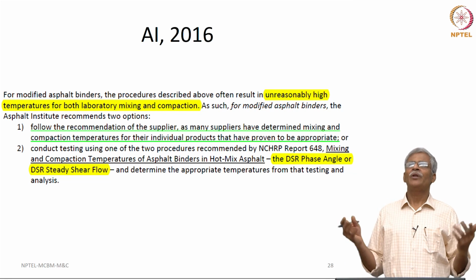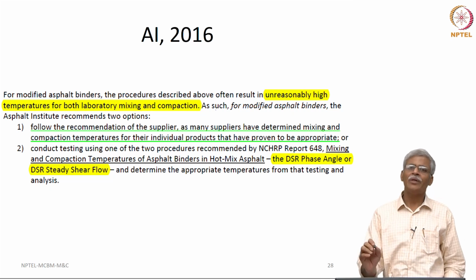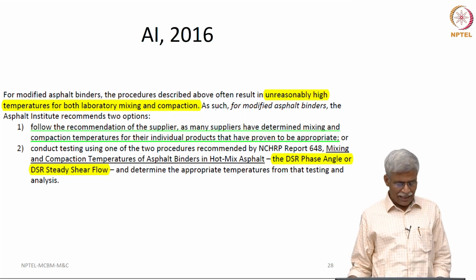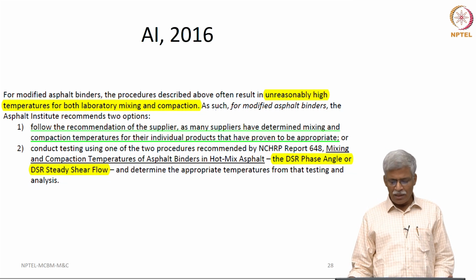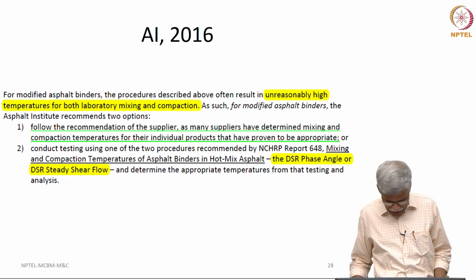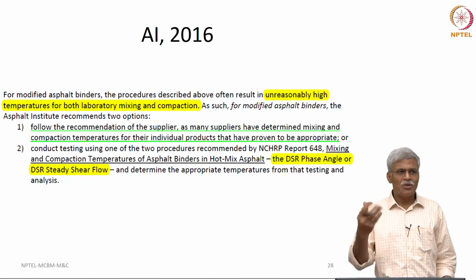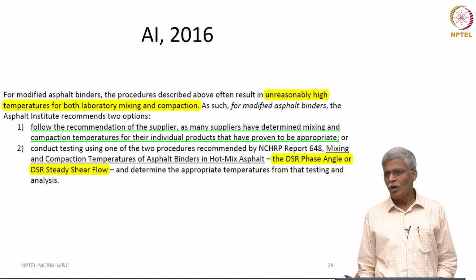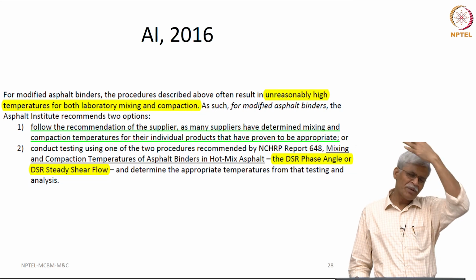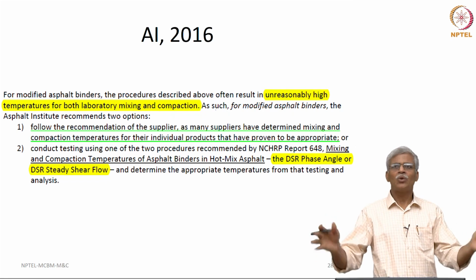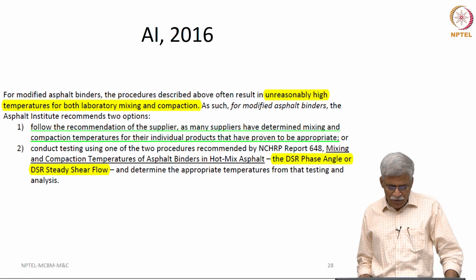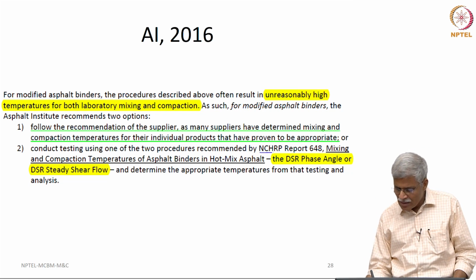But when you use modified binders, whatever the procedure explained above, the Asphalt Institute says very clearly that it gives unreasonably high temperatures for both laboratory mixing and compaction. So, there are only two options they give you. Let us understand this very carefully. The first option is just ask your manufacturer, please tell me the mixing and compaction temperature. If they just tell you that whatever you used for unmodified binders, just add 10-15 degrees centigrade extra to it, you just go ahead and use that, because you have absolutely no idea how to find them out. The second option is that there are procedures that are written, and in fact this NCHRP report